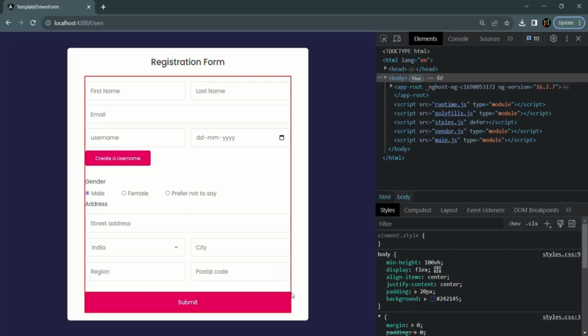And here you will notice that instead of adding the red border on the form controls, it has added the red border on the form. Now here you might ask why we don't have the red border on the form controls, because currently this first name, last name and email does not contain a valid value. So these are also invalid fields. Then we should have a red border around these fields also. That's because